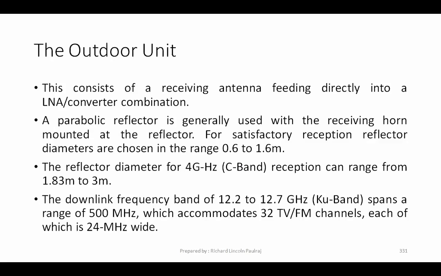So which means if we try to calculate, we should be getting about 32 channels, which is about 24 megahertz wide, okay, for 500 megahertz. So if you do a small math, you should get these numbers,